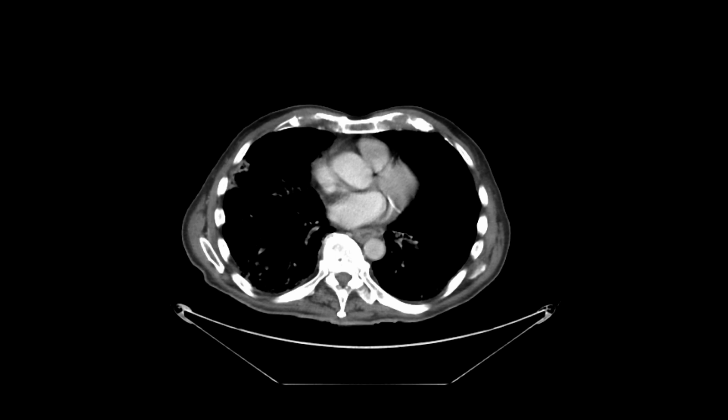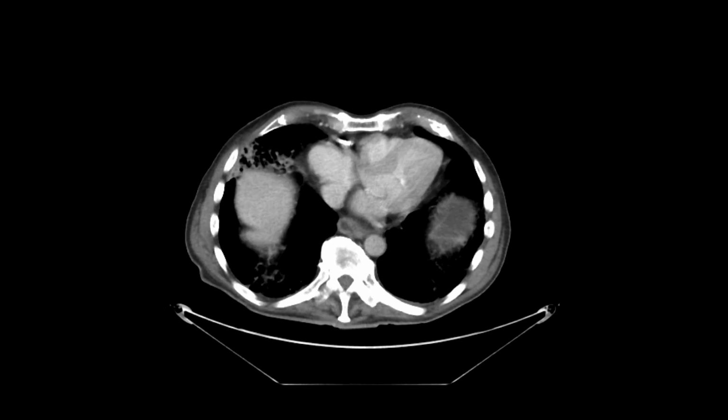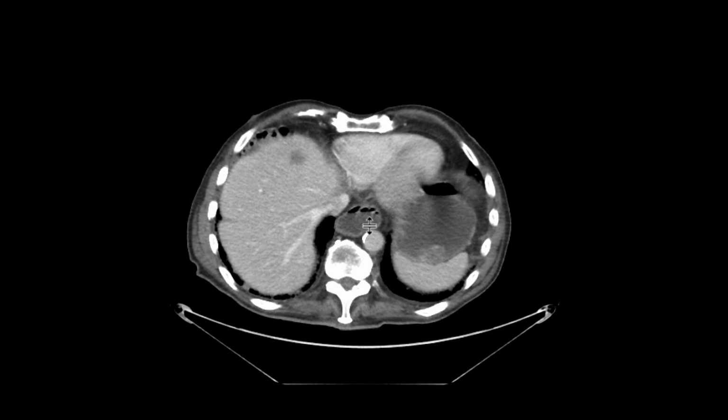This is a patient who comes in with abdominal pain, nausea, and vomiting, and we get a CT scan of the abdomen and pelvis with intravenous contrast to evaluate the etiology. As we scroll downwards, we look at the esophagus. We can see that it's distended, it's fluid-filled, and if you start to look at the stomach, you can also